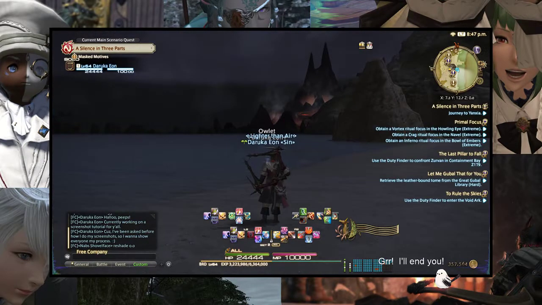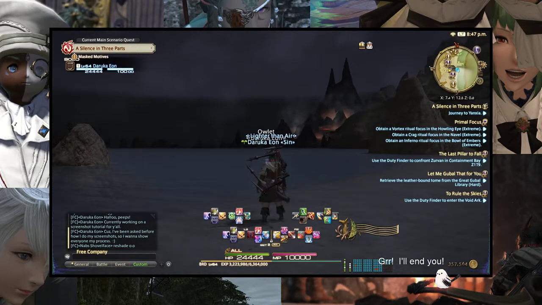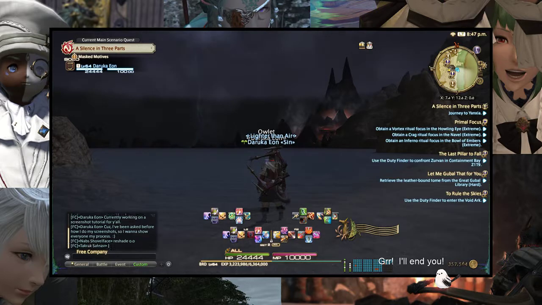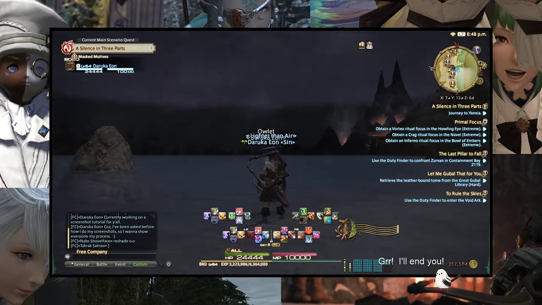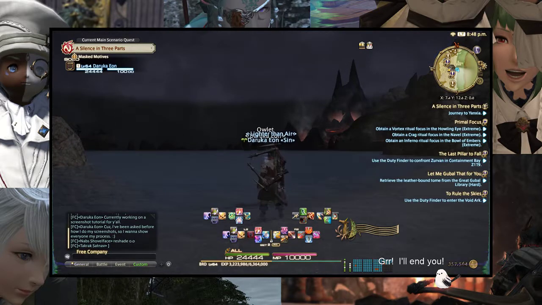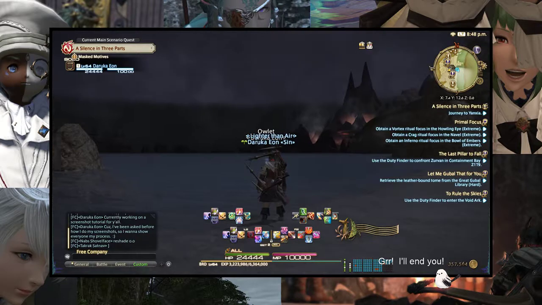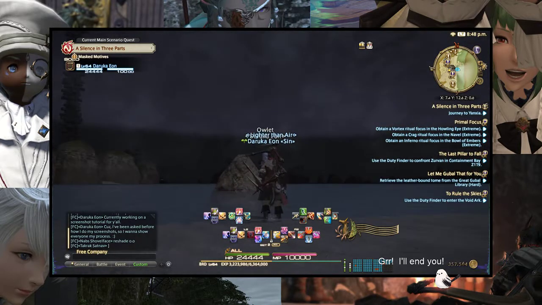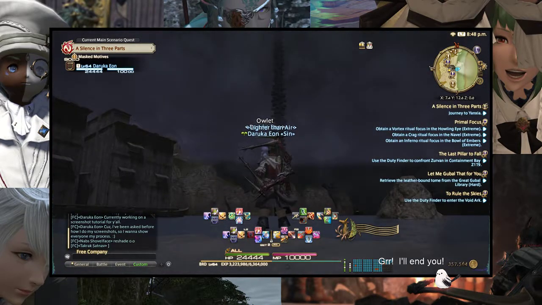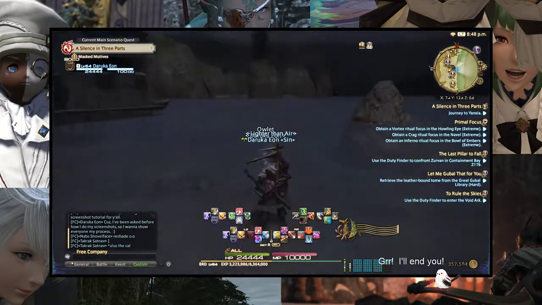So the next thing on the list of things to do: what you want to do is find a good location. So like right here is fine, just because of the lightning. Awesome. But anyway, I'm gonna have that as my location. Oh, I kind of like this random tower. I don't even know what this is. But anyway,